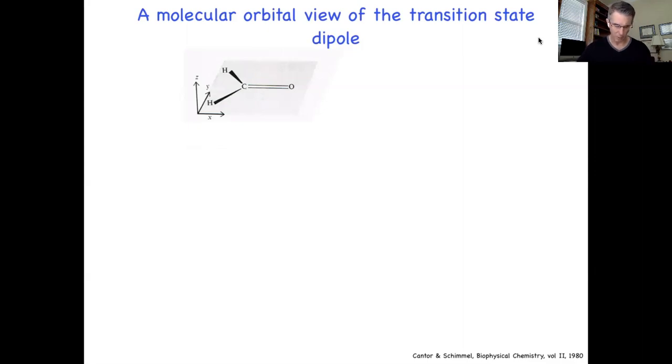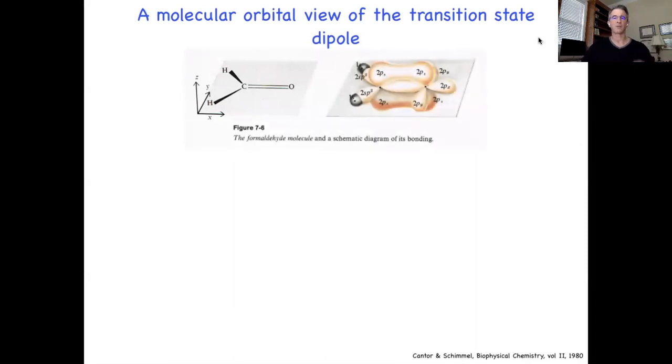So here's a simple molecule, right? This is, of course, formaldehyde, a simple carbonyl-containing molecule: one carbon, one oxygen, a carbon-oxygen double bond, and a couple of protons, right? So if you think back to some of your basic organic chemistry, you remember, of course, that carbon is sp2 hybridized. So we've got these two sp2 bonding orbitals between the carbon and the hydrogens. We've got this one sigma bonding orbital between one of the other sp2